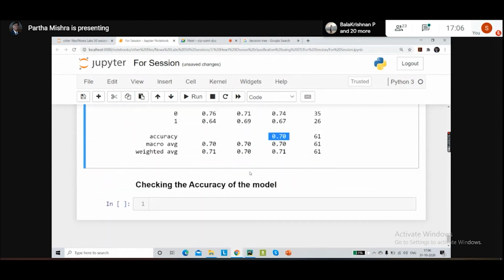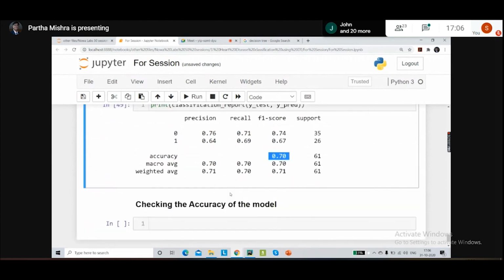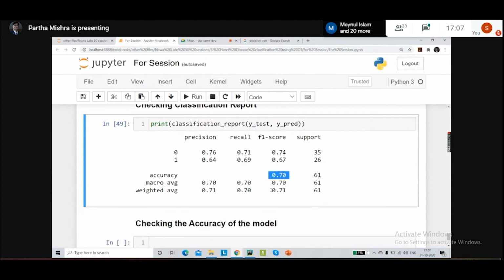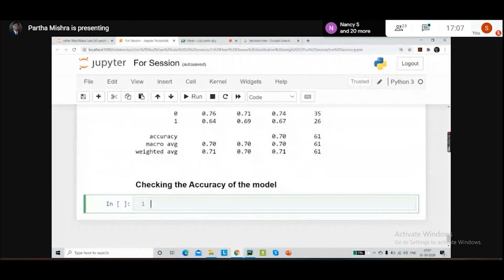Now this is one way of looking at the accuracy, that I directly call the classification report and it will give me the complete picture. But what if I'm only interested in the accuracy number? I just want one number, that is the 70% number should come out, and instead of writing all this, if there was some other way. There's one other shortcut that decision tree has.